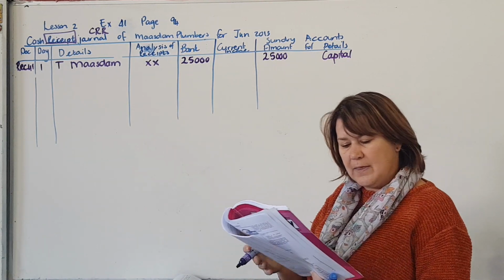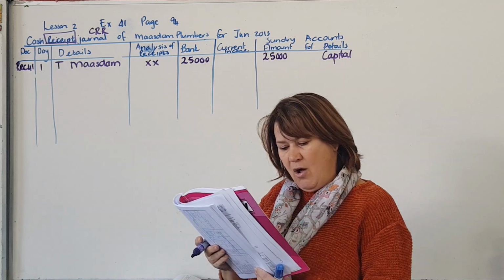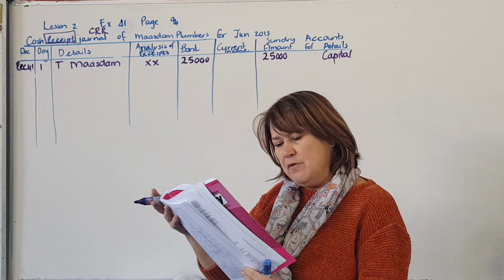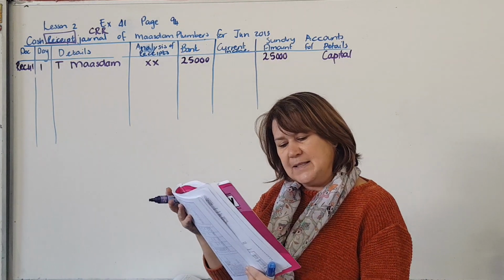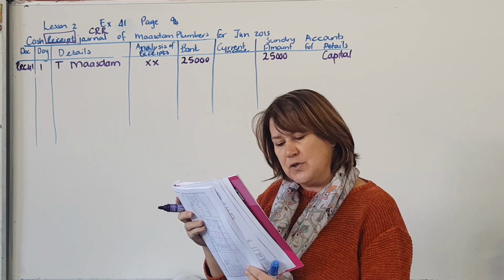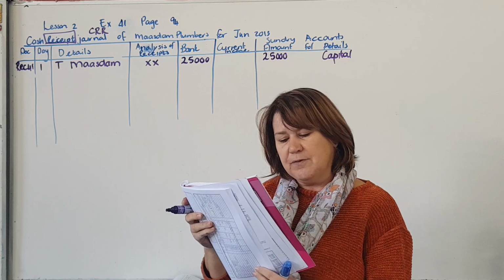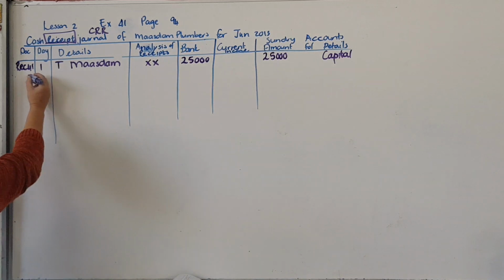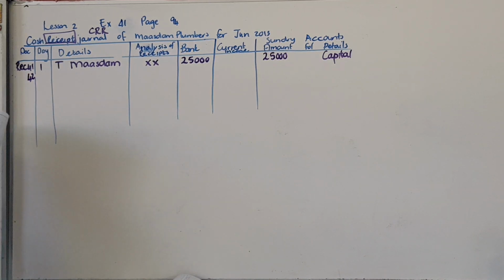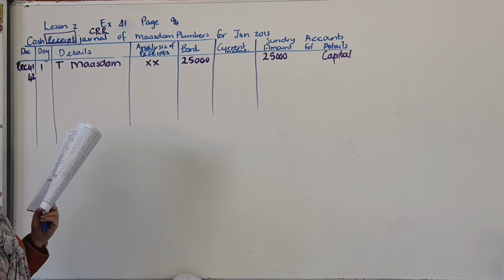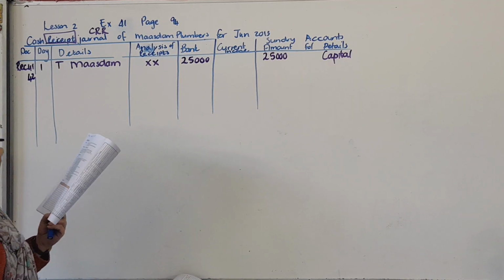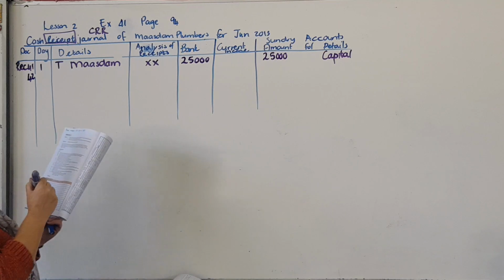Capital. Then your next transaction for your cash register journal, if you go to the 7th, it says they issue a receipt for service rendered, 6540. So that's going to be receipt number 42. Just to help me with time, I'm not going to write receipt again, I'm just going to write the numbers. So on the 7th,